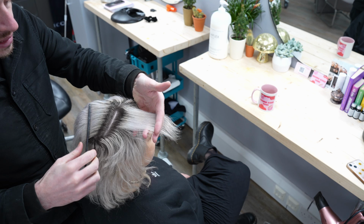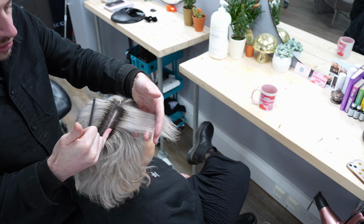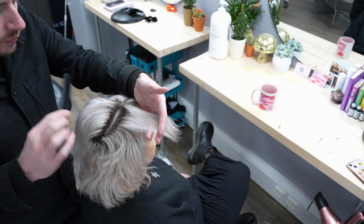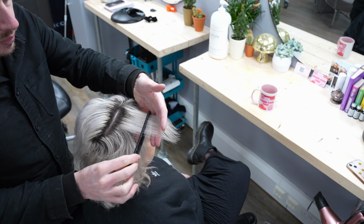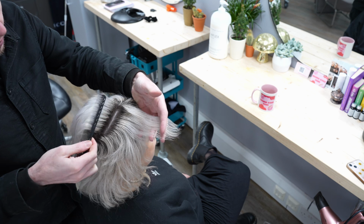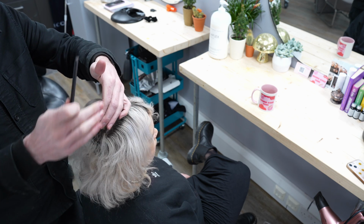We're going to use a tint. We're going to use a level 10 tint with 20 volume, and it's just going to be about exposing a little bit of natural warmth to give me a better base to put on our potentially level 6 copper red root colour, and then we're looking to fade that into maybe a level 7 just to give it a little bit more interest. And I don't mind doing that even though there's these shorter areas in the hair, because the